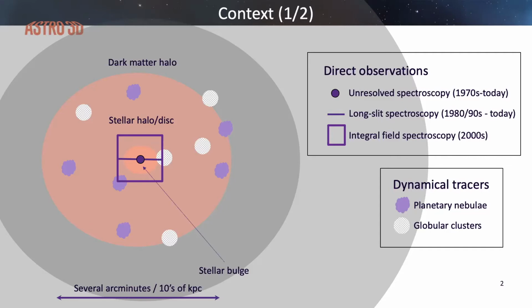And so basically, the field has been pushed by the different technological advances over the years, starting from just spectroscopy of the very centers of galaxies, and then moving on to long slit spectroscopy, which would allow for spatially resolved spectroscopy along a single axis, and then obviously integral field spectroscopy in the last 2 decades or so. To circumvent the problem of the very faint starlight in the outskirts of galaxies, certain techniques using bright dynamical tracers have been developed